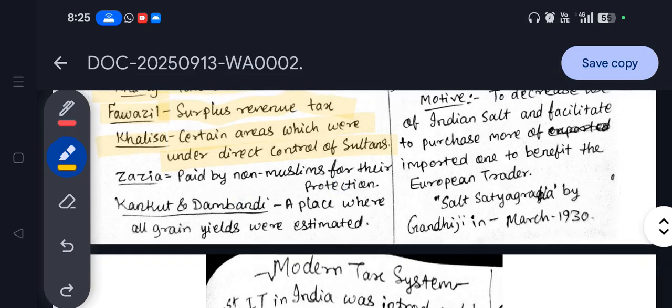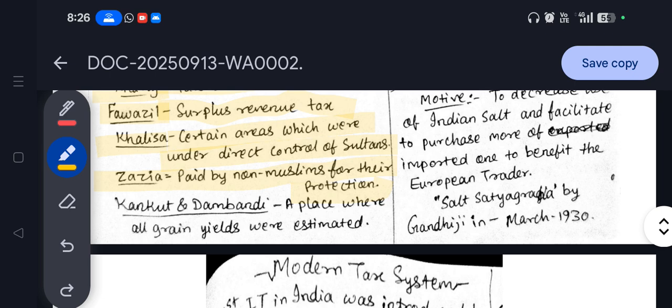Zazia means it is the tax which is paid by only and only non-Muslims for their protection. So this was some or the other way negative side of tax collection, because on the land everyone has the right to freedom, right to equality and all. So for the protection of non-Muslims, they used to pay tax, and then those Mughals army, they used to protect the people, and if tax is not paid, then the protection was not provided to them in terms of war, in terms of any other king having a war on the territory, etc.